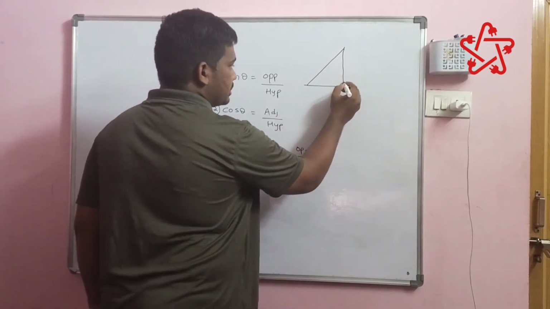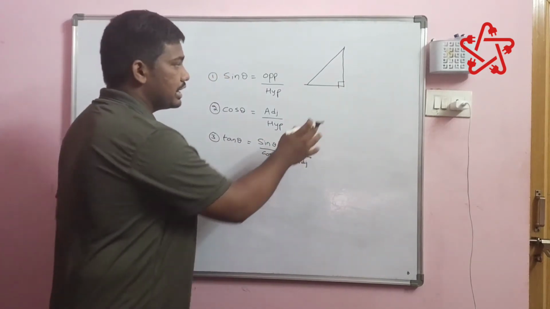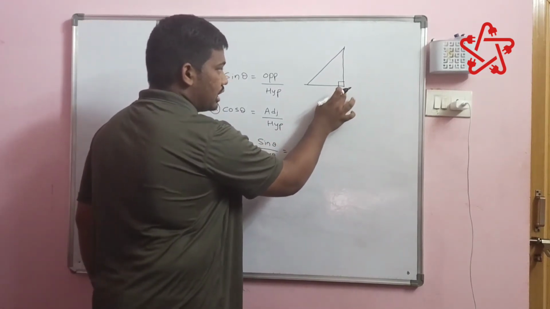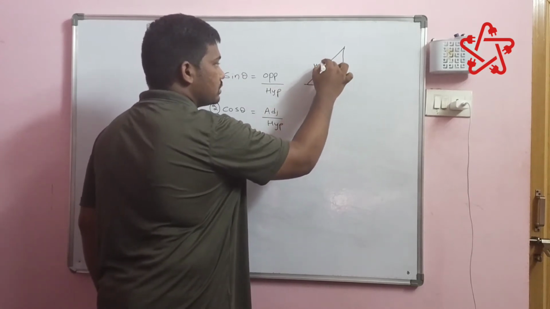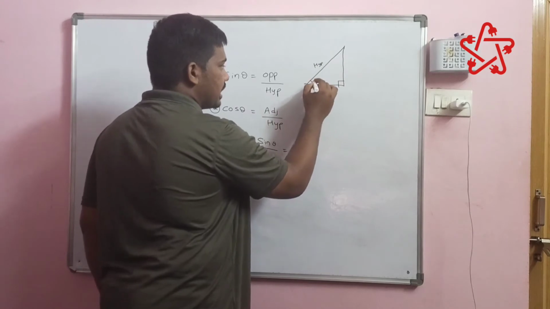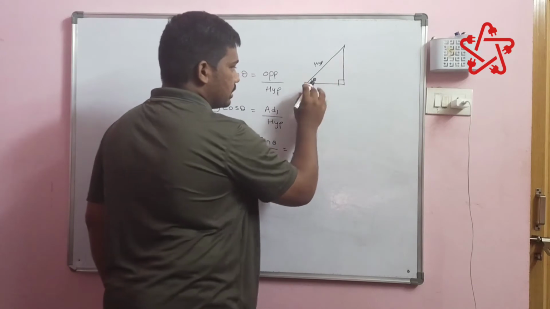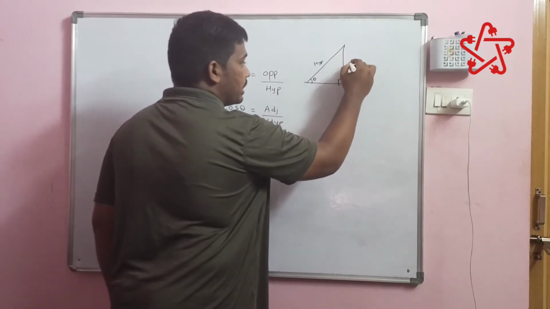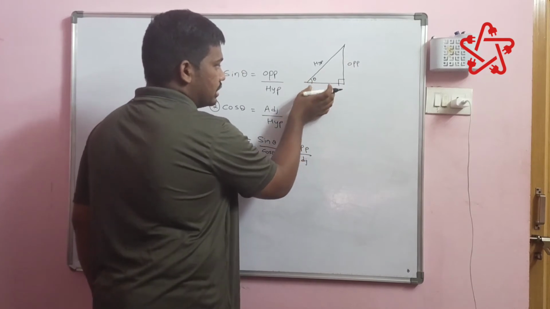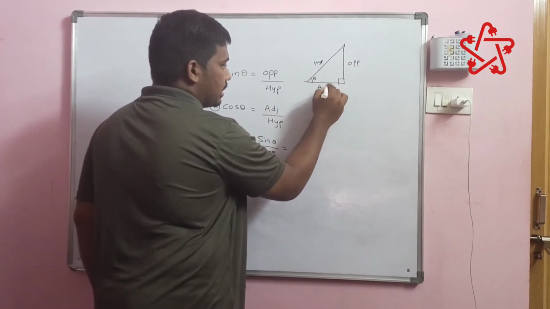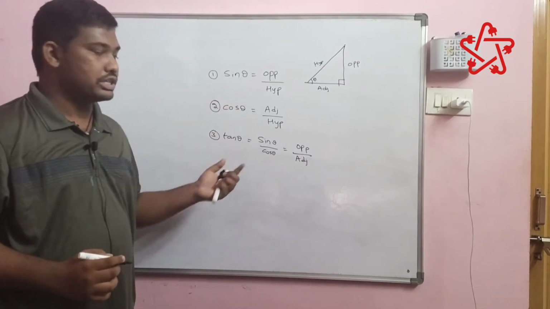side. This is 90-degree angle, which is right angle triangle. In the right angle triangle, the side opposite to the right angle is called hypotenuse. And if we consider this is the angle theta, then the side opposite to theta will be the opposite side, and the side which is beside or adjacent to theta is the adjacent side. So through this we got three trigonometric ratios: sin theta, cos theta and tan theta.